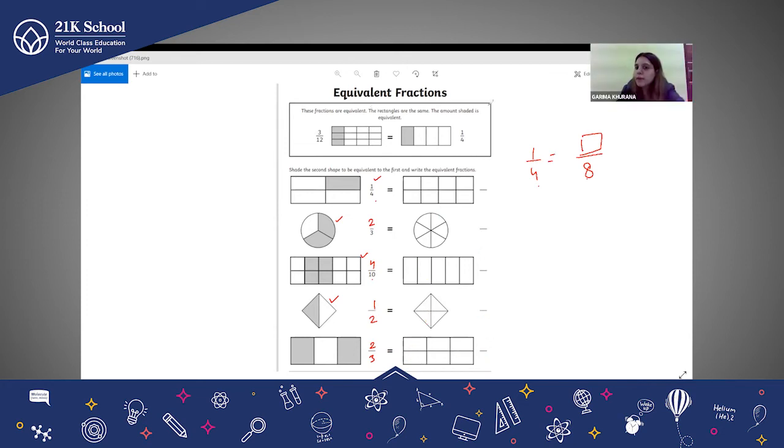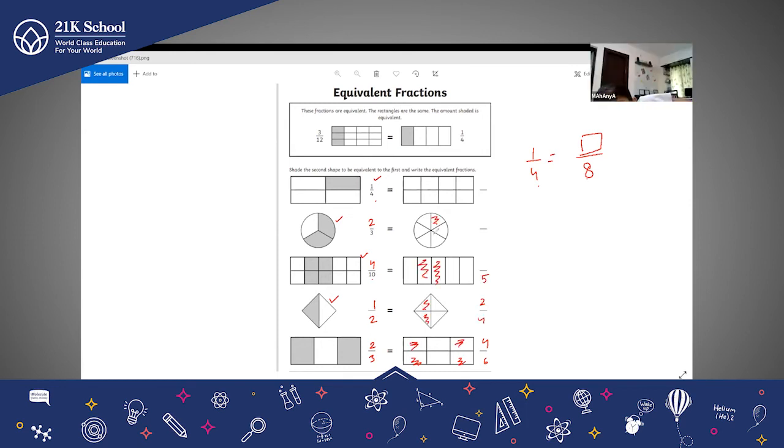Okay, so if we are multiplying the denominator with a 2, I'll have to multiply the numerator with 2 also. The numerator will become 2 by 8. Okay, now in the next one, if we had 2 by 3, the fraction here was